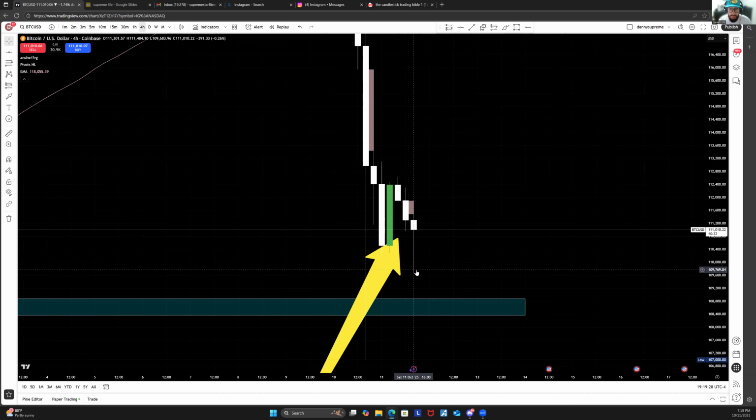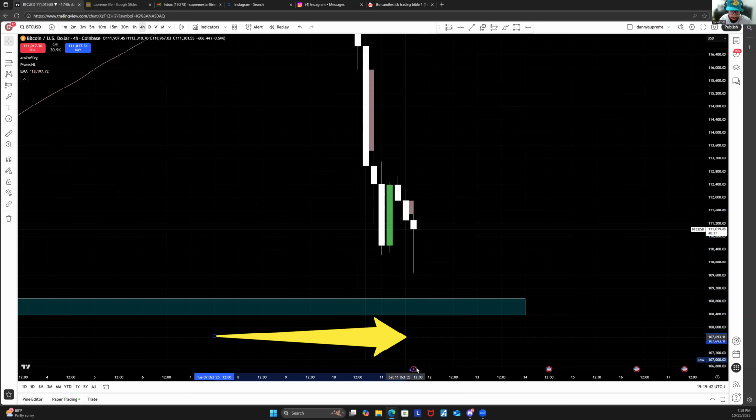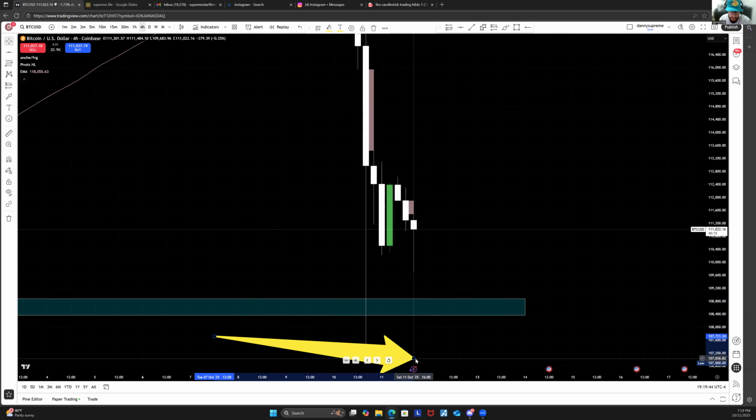So first, before I do that, to answer the question that you're about to see, I also want you to see what this time says over here in the bottom. 16, right? See it right here in the bottom? It says Saturday, October. You see this right here with the arrows? It says Saturday, October 11th, 16. That's the time that the candlestick opened, 16.